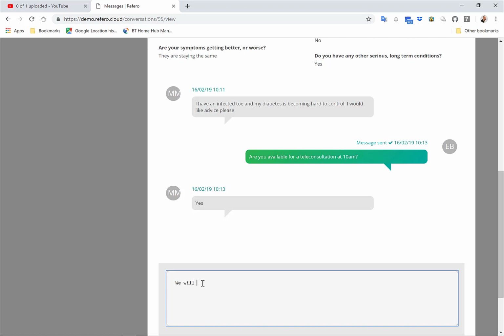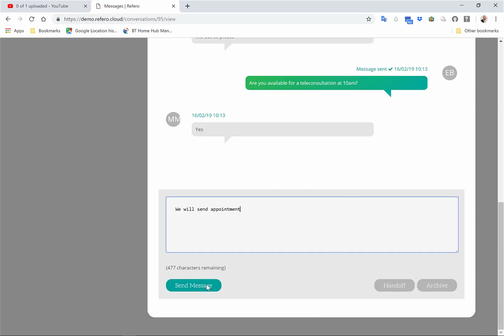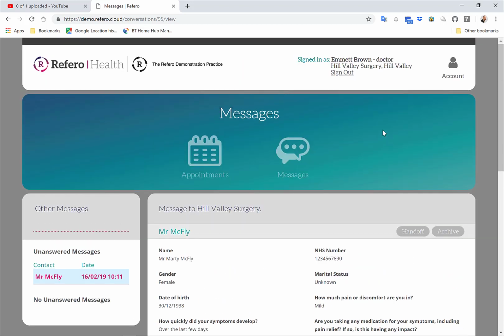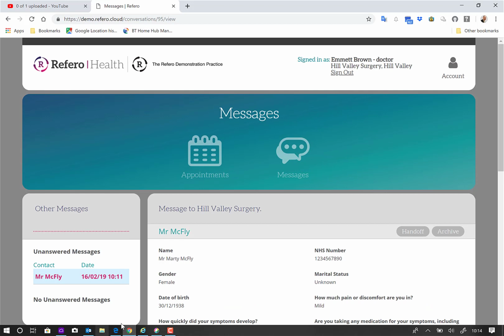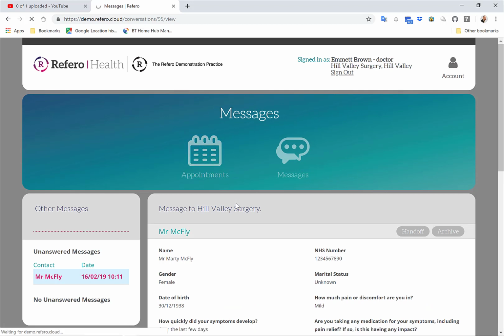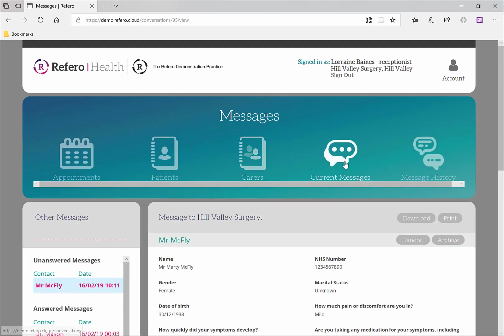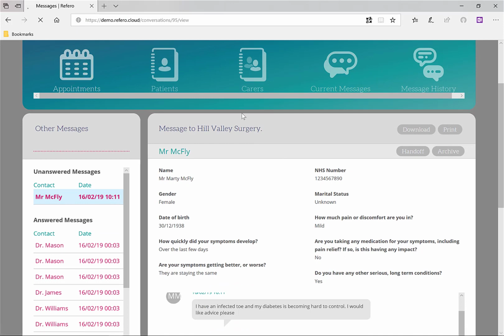And we will send an appointment. And so we can send a message and ask the receptionist to create an appointment. We can indeed allow the GP to do that also if that was required. So if I go back to the receptionist viewpoint, I'll go back to appointments, there's currently none for Dr. Brown. I'll go to the calendar and I'll create an appointment,